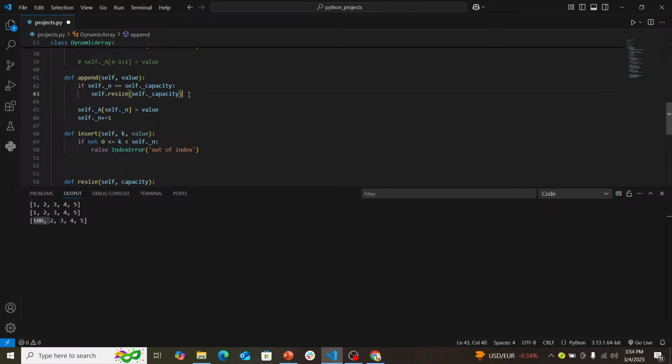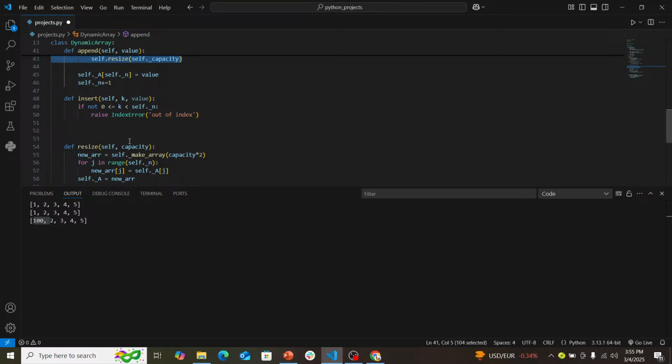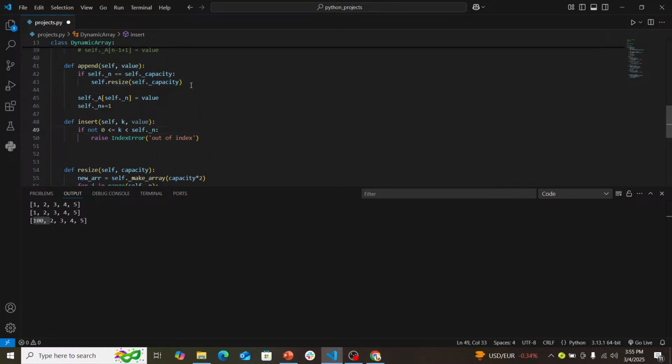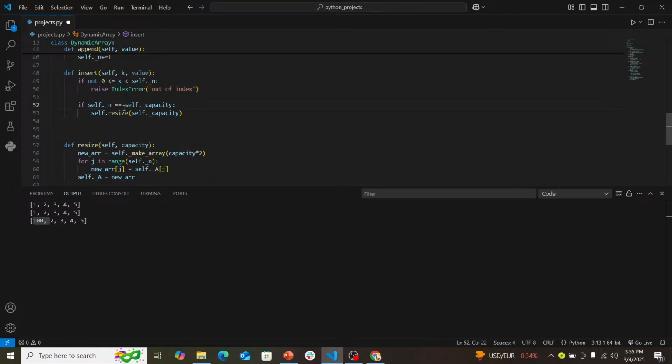So I'm going to copy this and then put it, sorry, not all of them. I need to copy this. It checks whether there's space for insertion. If there's no space for insertion, it's going to resize it, multiply it by 2. But if there is space, it can now commence with the insertion operation. So the first thing we need to do is identify where the insertion is going to take place. If we identify where the insertion is going to take place, then we can now perform a loop starting from